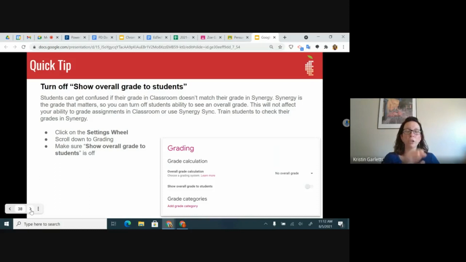Another good tip for grading is to turn off show overall grade to students. Students can get confused when they're